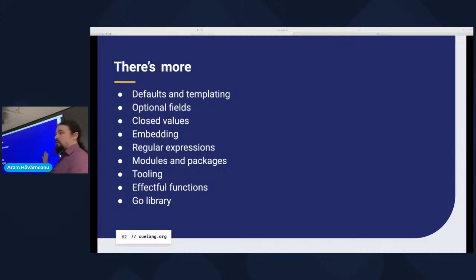For example, everything that I just showed before this is pure. There are no side effects. It's all safe. You can always try to evaluate Q that way. But there are ways of actually doing effectful operations from Q itself, but it's an opt-in thing. So you have to explicitly want to do it. And there's a Go library that can help you do things. For example, if you get an input in a server, like your RPC server or something, you don't want to call the command line to validate your data. You just want to use the native Go library. So there's lots of stuff going on here.